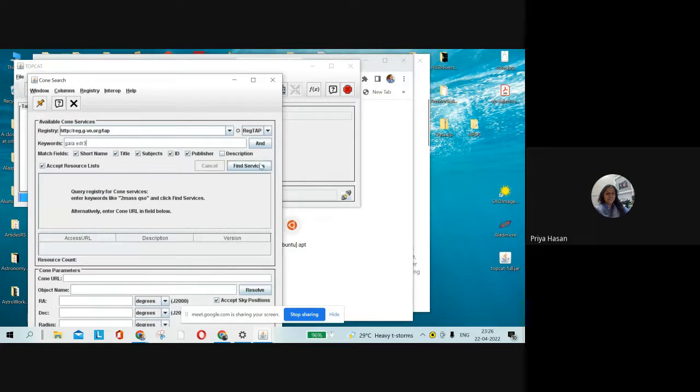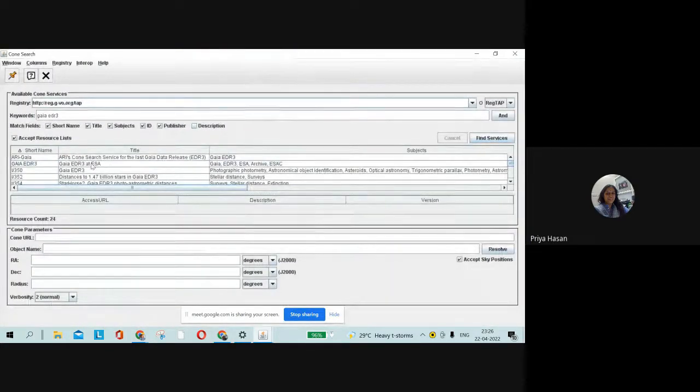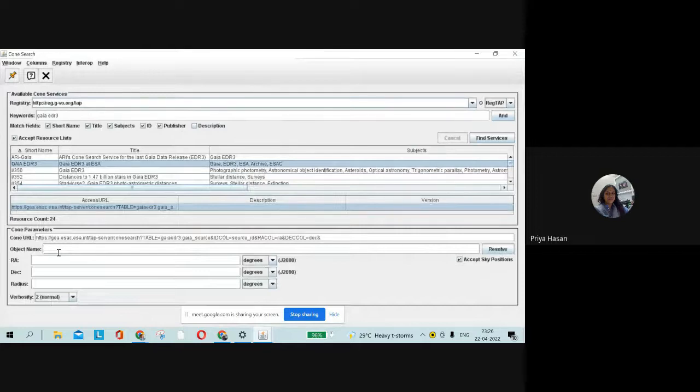We say find services. I'm just repeating the steps that I did, right? Now here I choose Gaia at ESA. I write the name of my object, NGC 1893, right? I resolve it. I get the thing. And now here I look for data within 20 arc minutes, right? So I take within 20 arc minutes and I say